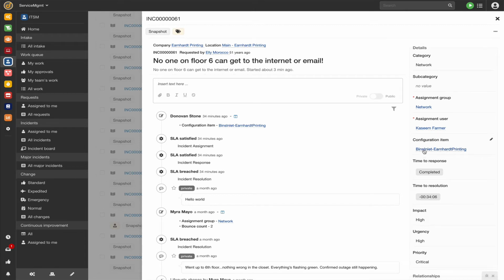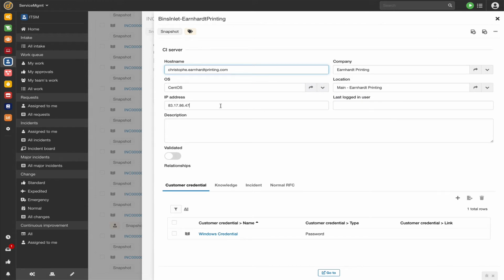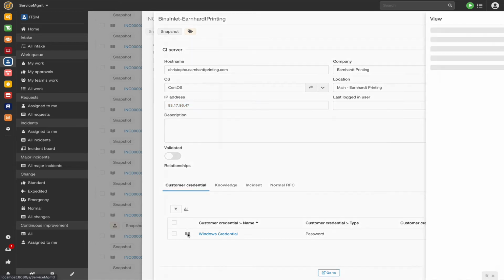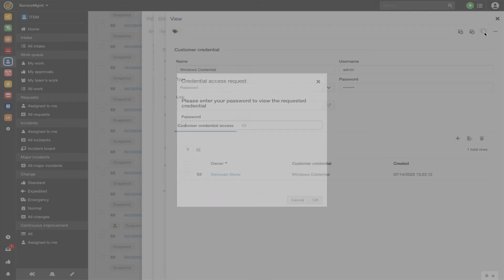Same thing with configuration items. If someone calls saying a device is not working, I can click on that configuration item, find the IP address, find the operating system, etc. If it's something where maybe I needed to log into that device, now I can click on the credential record here and view that. And now, if I want to make that credential or that password visible, I can access that